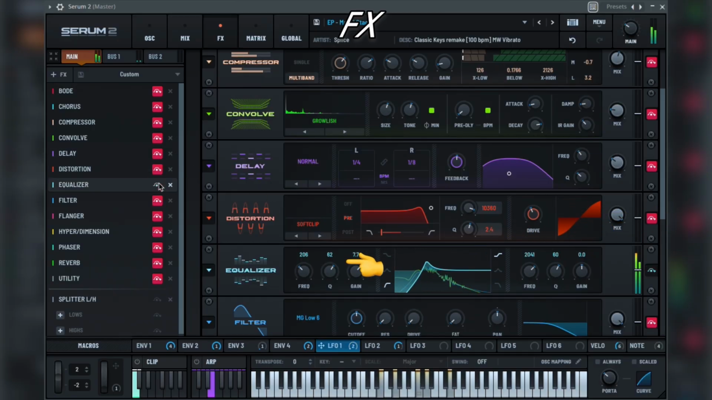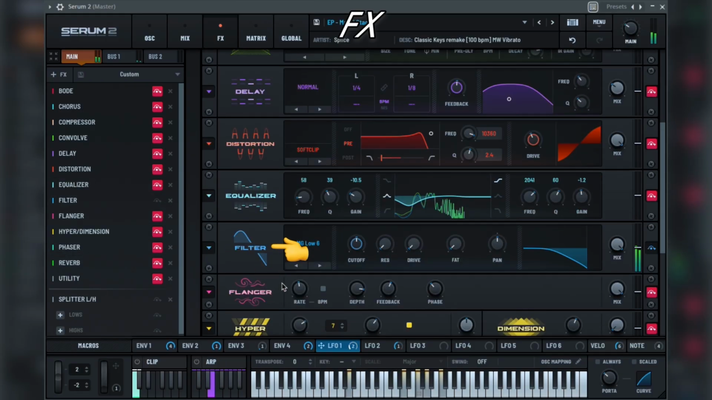The equalizer module is a 2-band parametric equalizer. The frequency knobs control the cutoff frequency. Q controls the resonance for the band. Gain boosts or cuts the frequency band. You can select the filter type by clicking one of these 3 options. The filter module operates the same as the filter found on the oscillator tab, except this one runs as a